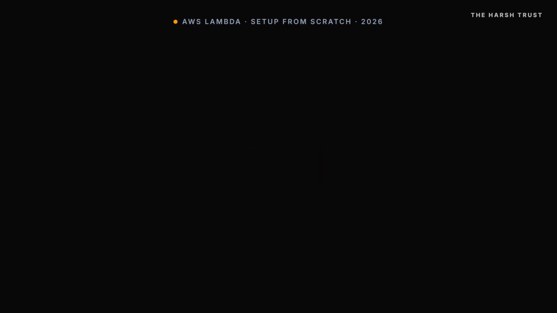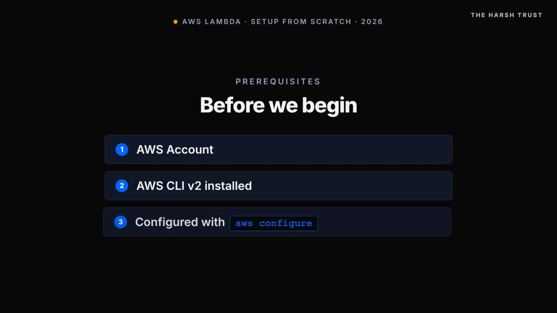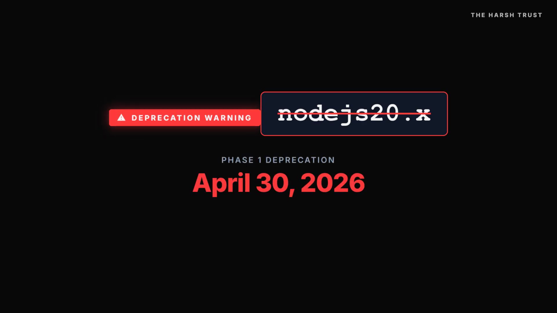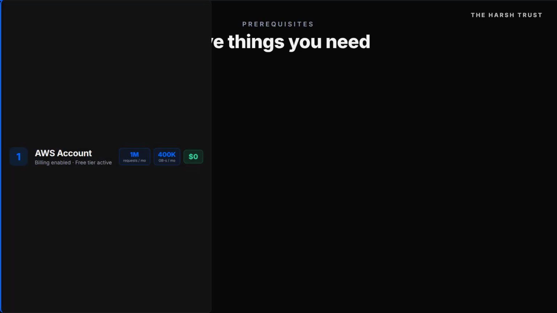This assumes you already have an AWS account and the AWS CLI v2 installed and configured with aws configure. We'll also flag the Node.js 20.x deprecation timeline so you don't pick a dead runtime. First, prerequisites. You need 5 things in place. 1. An active AWS account with billing enabled. The Lambda free tier gives you 1 million requests and 400,000 GB-seconds per month, perpetually, so this tutorial costs